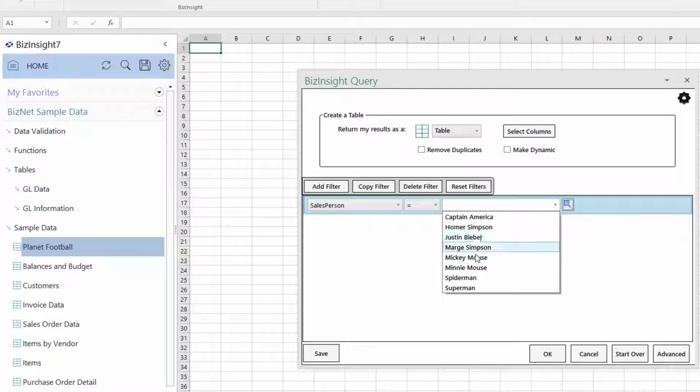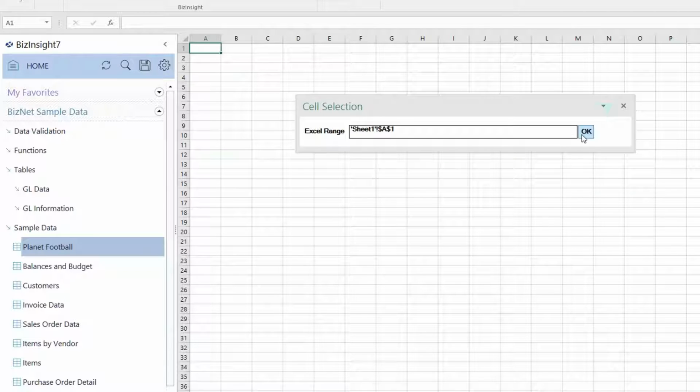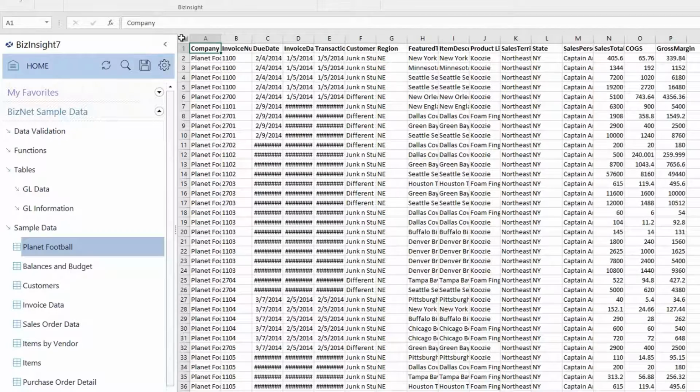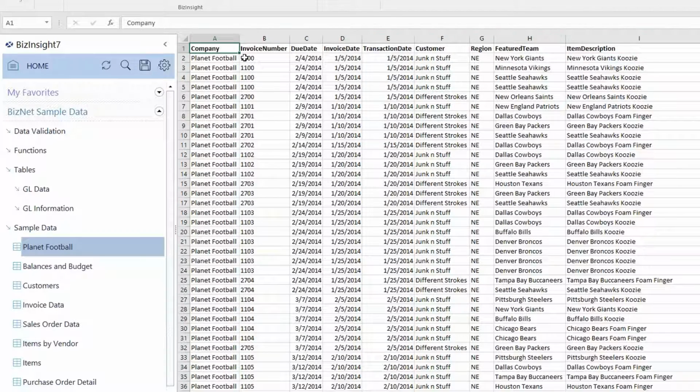So here, now I've got some heroes listed out here. Now you could argue that Justin Bieber is not a hero, but I'm going to go with the rest of them as being heroes. Marge is one of my favorites. But here I'm going to pick Captain America, press OK, and there, it was as easy as that. I didn't have to do cell referencing. I didn't have to really think about what values were available to type in there. I just simply drag and dropped, picked the column I wanted, picked the criteria,